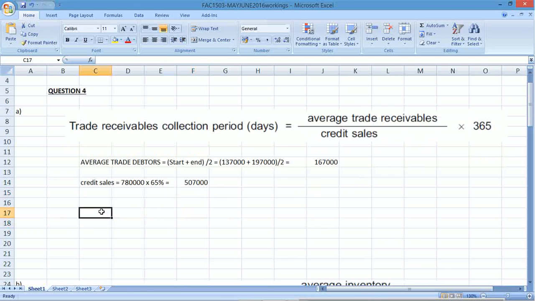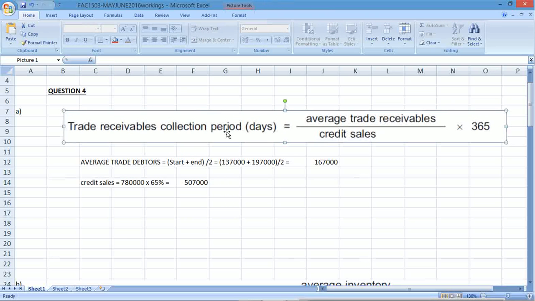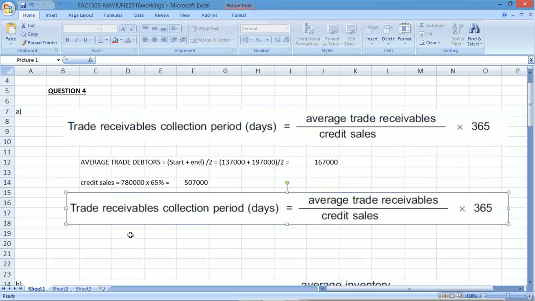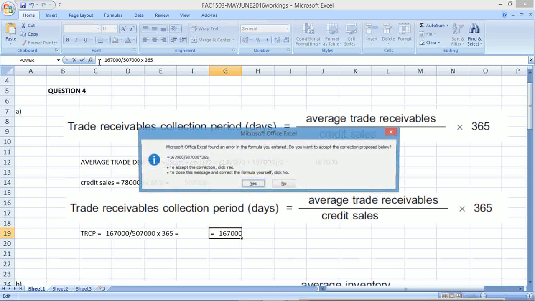Okay. So now I can work out the trade receivables collection period. I'm just going to abbreviate. Don't abbreviate in your exam. I'm just doing it now just to save some time. TRCP equals average trade receivables, which is 167, divide by credit sales, which is 507,123, times 365 equals an answer. I plug that into my calculator, and the calculator gives me an answer of